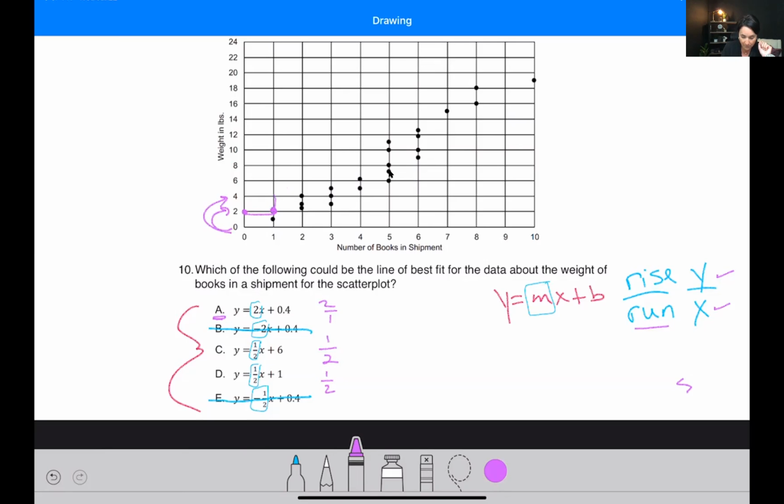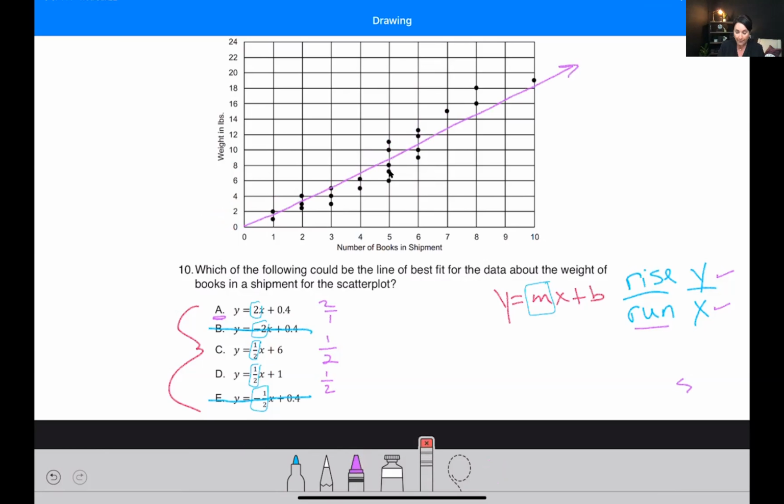I went up 2 over 1, up 2 over 1. Do you see how it's kind of following that up 2 over 1? Now, it's not perfect because it's a scatter plot. If this were a perfect line, let's just say a line that went perfectly straight, which this is not because I'm drawing it freehand,